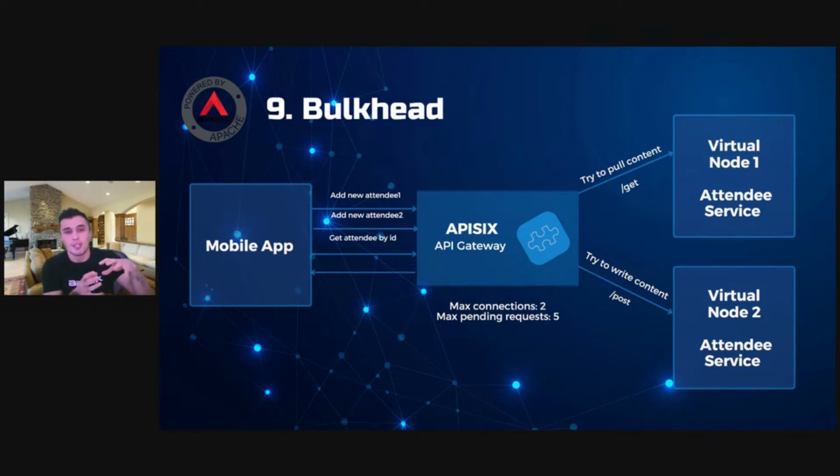If one of the nodes is failing, it can send some additional connection requests. And you can specify maximum requests, how many requests you can send to the virtual node. What I'm saying is, you can separate the routes, like all get requests can go to node 1, all post requests can be node 2. Like there is also a quite famous design pattern like CQRS, command query